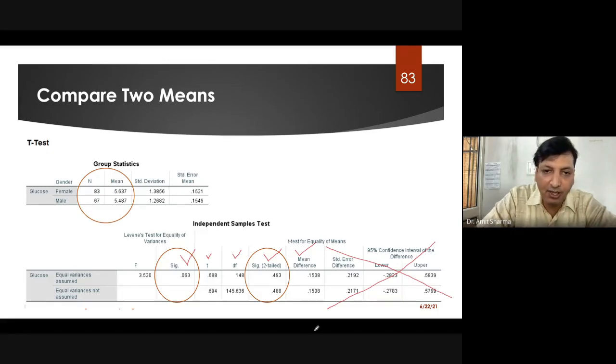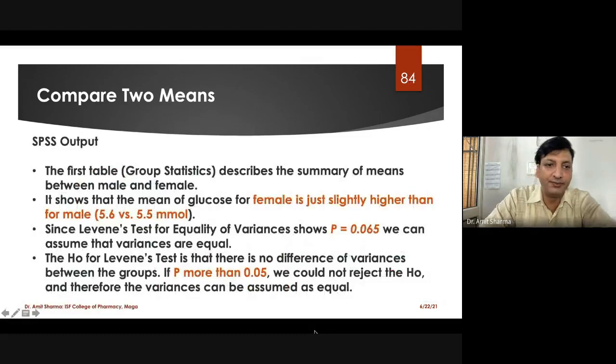So how will the result be written? You can see this is the output sheet for the result. It is summarizing the first table, which I have already discussed. It shows that the mean of glucose for female is just slightly higher than the male. You can write both values.